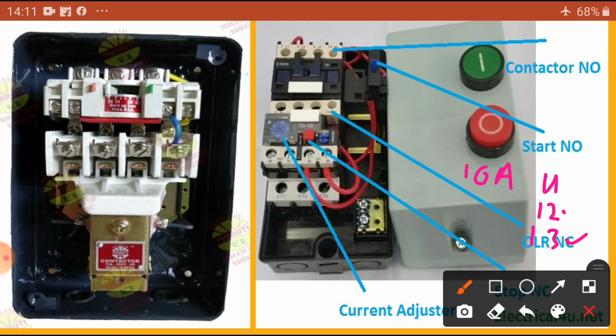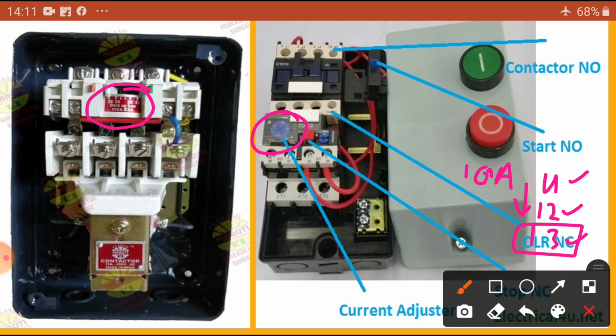So I can adjust this overload. Suppose I keep it at 13 amps with a 10 amp rated current, it will run until 13 amps. I can adjust these terminals. There is a small knob provided, and by changing that we can adjust the bimetal strip operation.